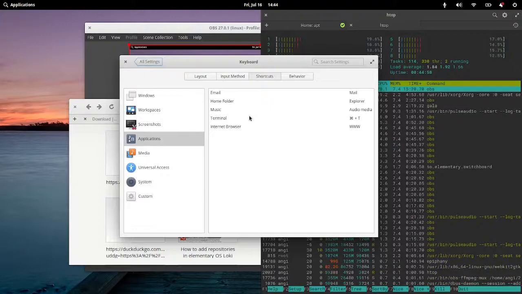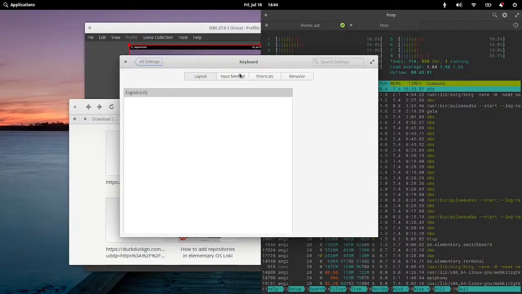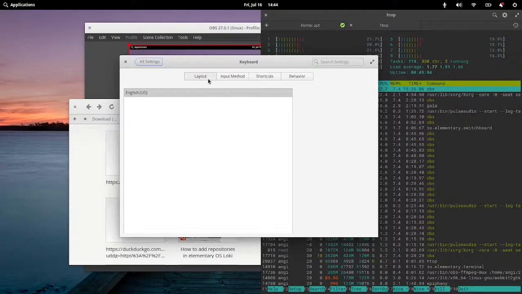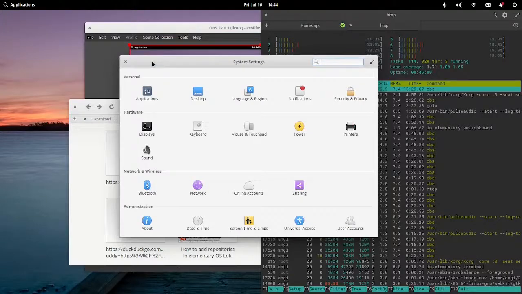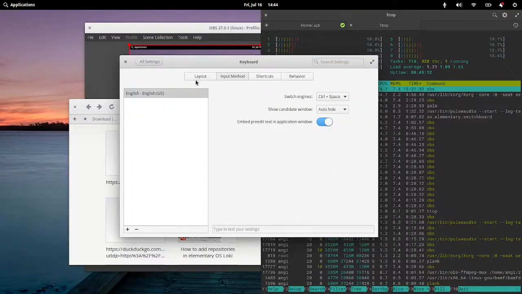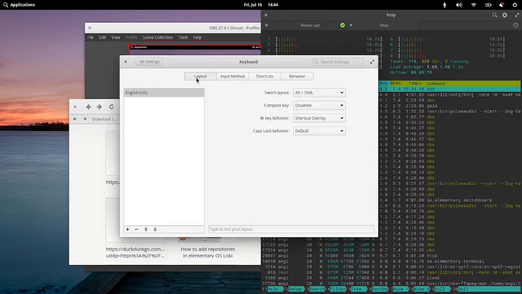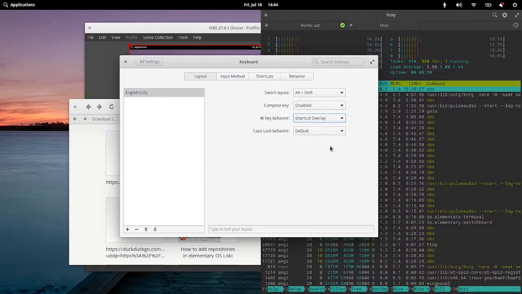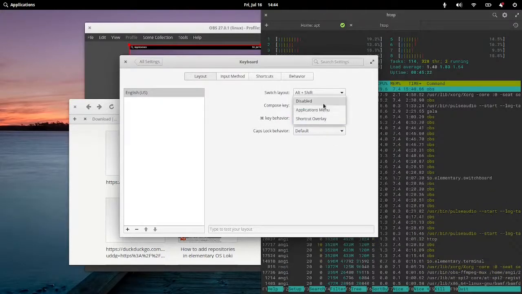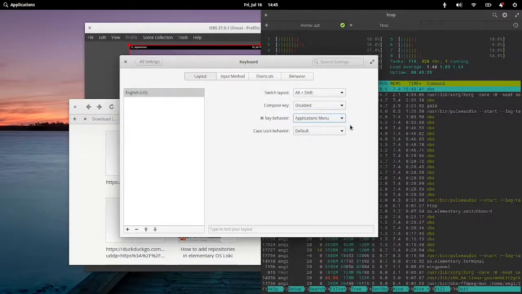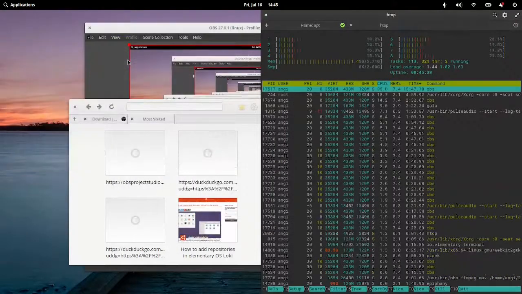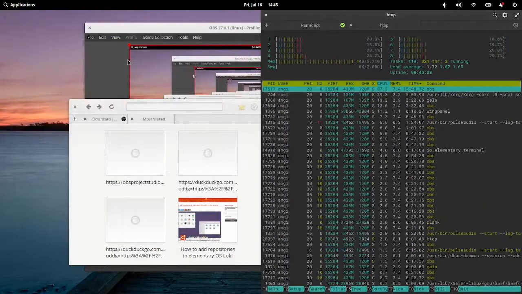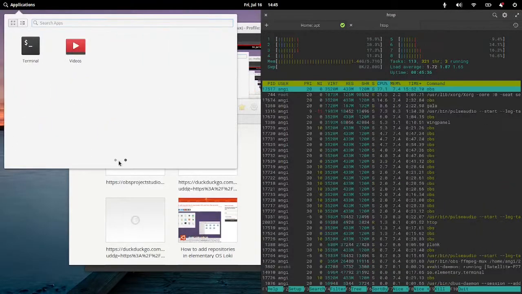Anyway, I'm actually going to change this here because I had changed it earlier, but then I changed it back, and now I want it again. Wait, how was it? Yo, how did I do it? It was in this menu. That didn't show a while ago, did it? Or was I just going through this too fast? I don't know. Okay. Anyway, I'm gonna have to go back and look at the video because that was trippy. But anyway, Windows key now does the same thing, the normal thing anyway, the thing that it does in every other operating system.